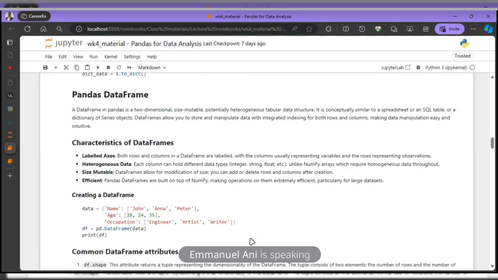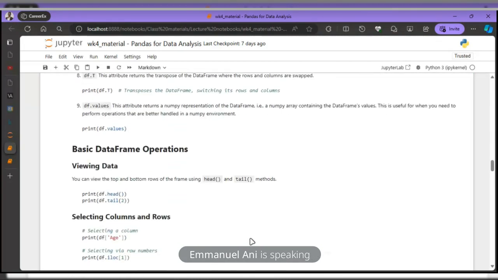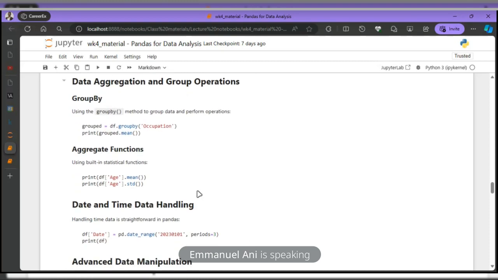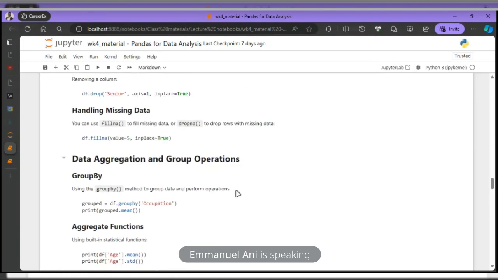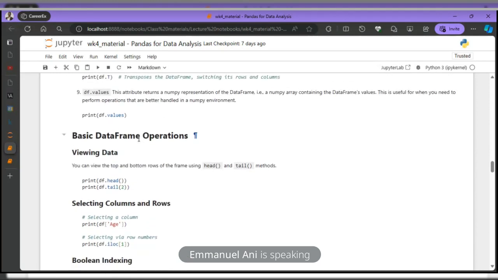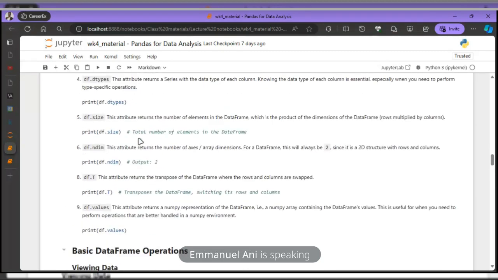By now you shouldn't really have much difficulty understanding all these core concepts. So you should be comfortable now, right? Based on how far we've gone with pandas. So we've talked about manipulation, talked about data frame operations, talked about how to view your data set, right? So all these